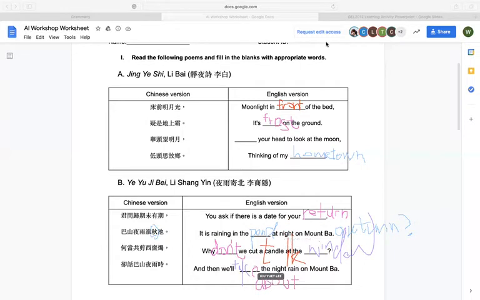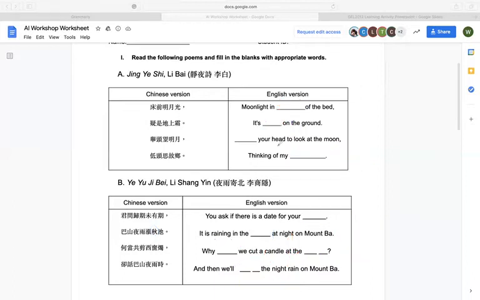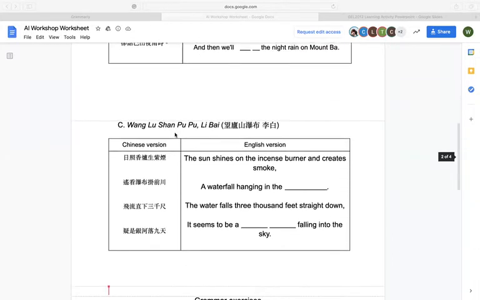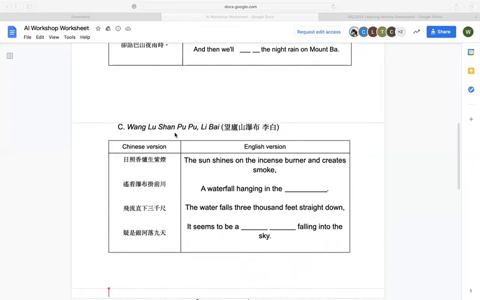Thank you, Chilox, and other students answer. And we have a last one from Li Bai again. It is 望廬山瀑布, and we just have two blanks here because